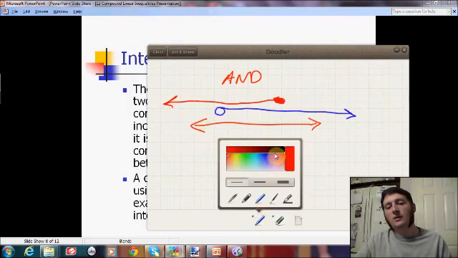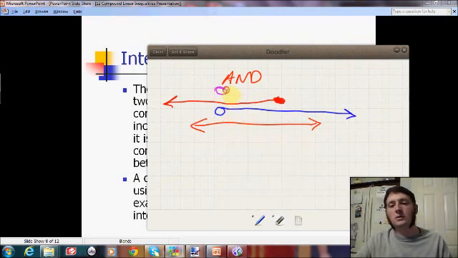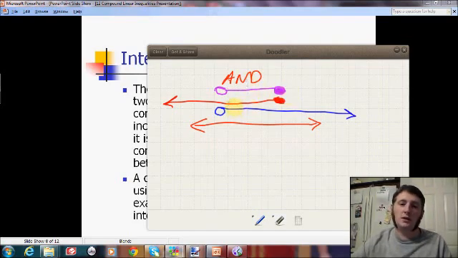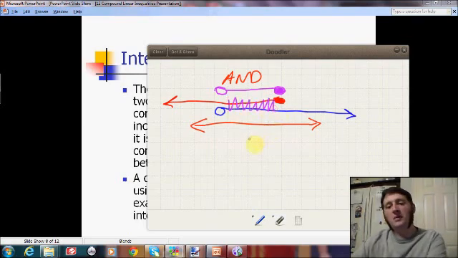Then the and inequality, the official answer, will do this. Because it's pretty clear that red and blue make purple, and that's the overlap